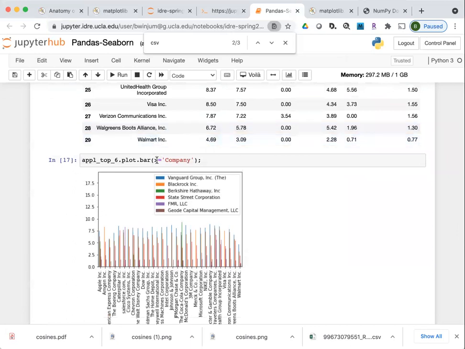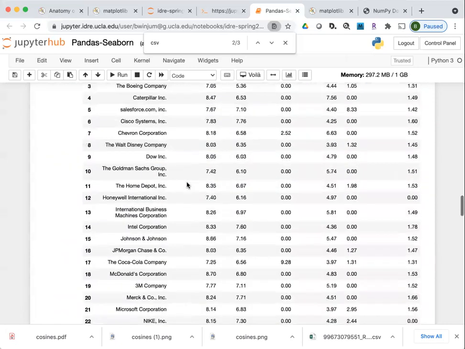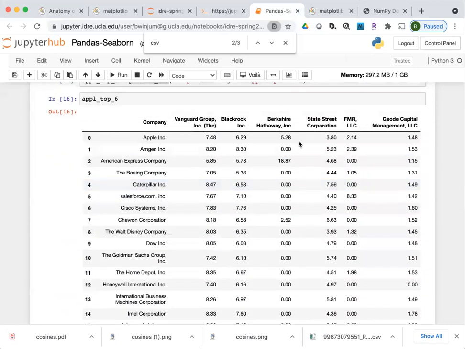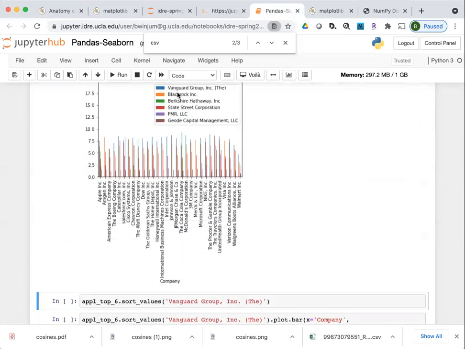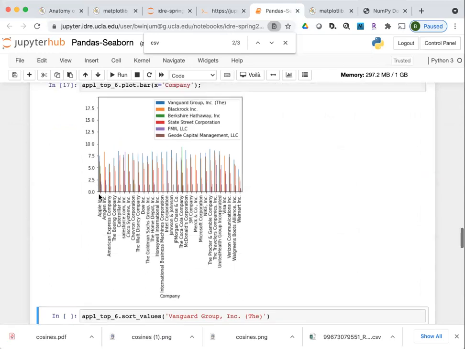Here I've specifically specified the column that I want to be on the x-axis. And then for each of these rows, which represent a different company, it has a bar for each of the other columns. So for all of the six investment companies, it has a different bar representing their investment in this particular company.